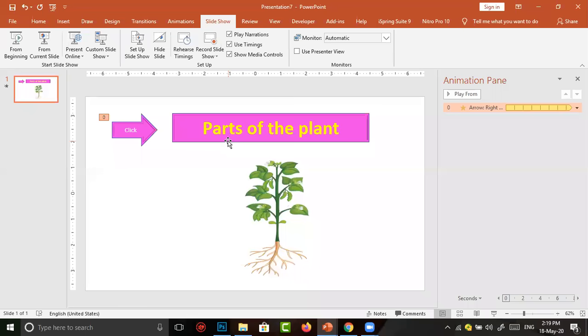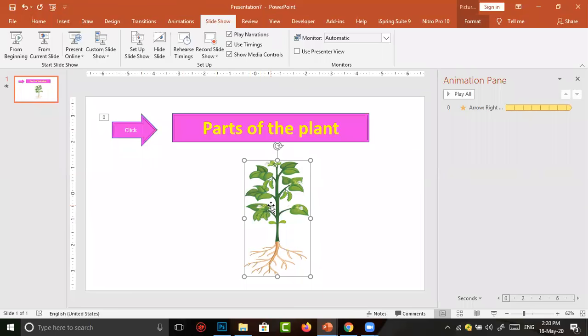Now, if I click on parts of the plant, the plant image should disappear. At the same time, the click also should disappear. For this plant image to disappear, we have to give some animation. What type of animation do we have to give? It should disappear.